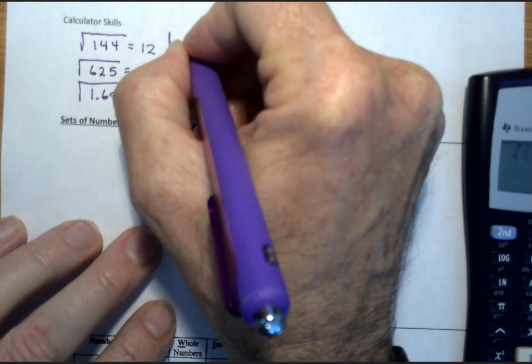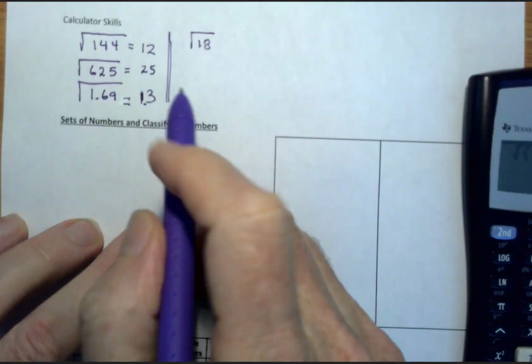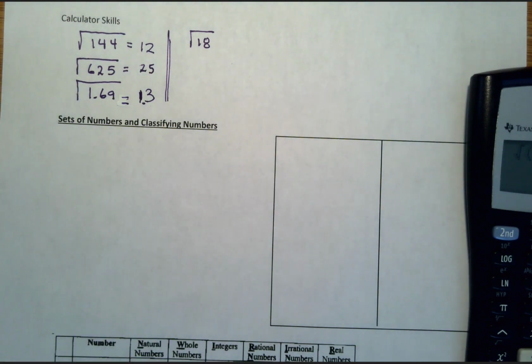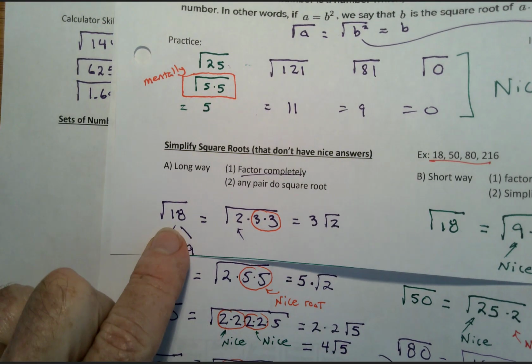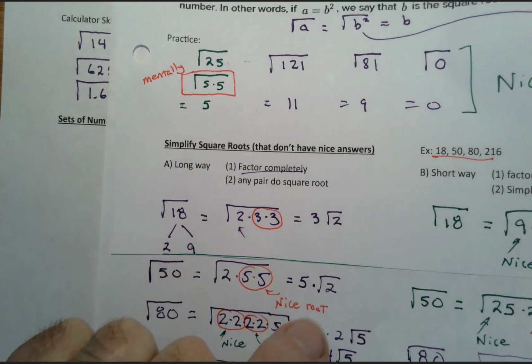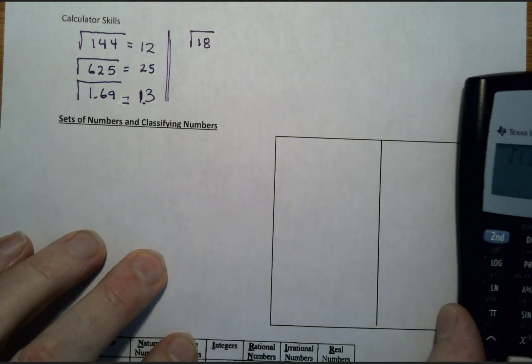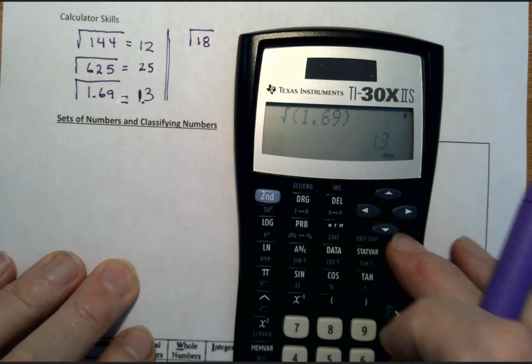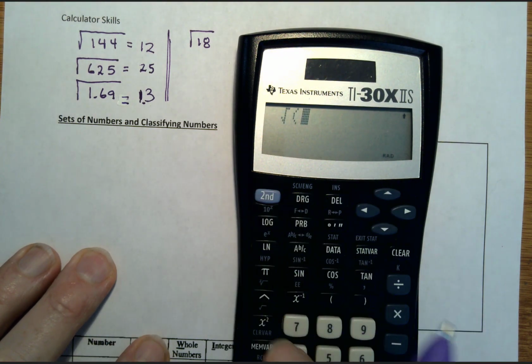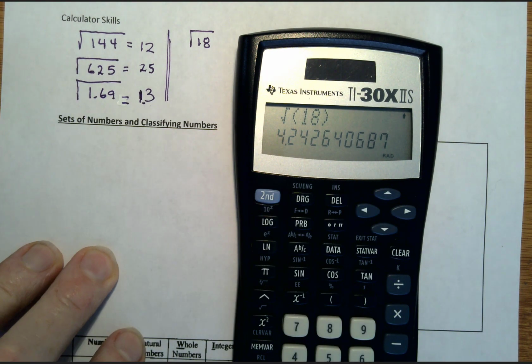Like the square root of 18. We tried to do that problem before and we said, oh, that's not a nice square root. And we simplified it and got square root of 18 was 3 root 2. It didn't come out completely nice. We couldn't get the square roots all gone. What does that look like in a decimal? If we clear, take the square root of 18, close the parenthesis, and we get this crazy decimal,